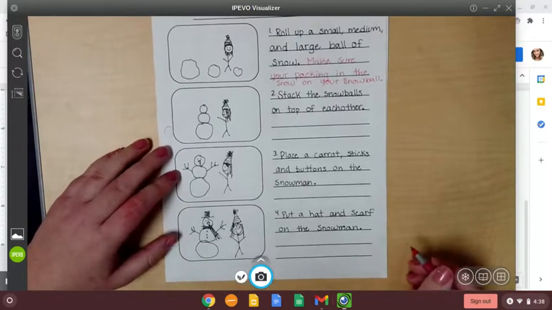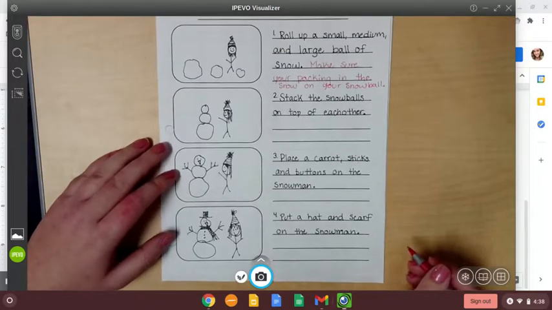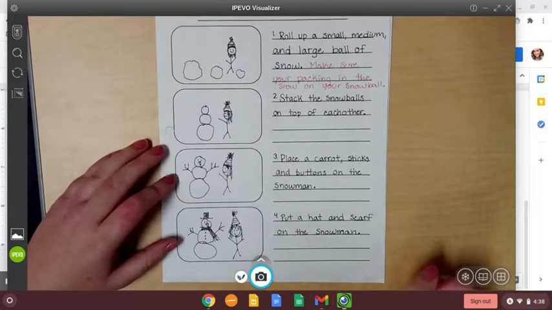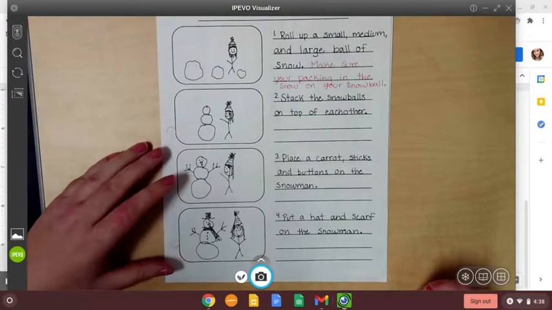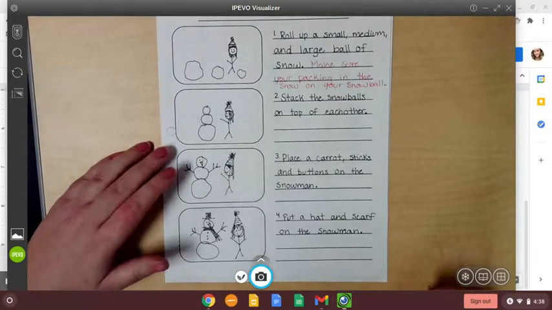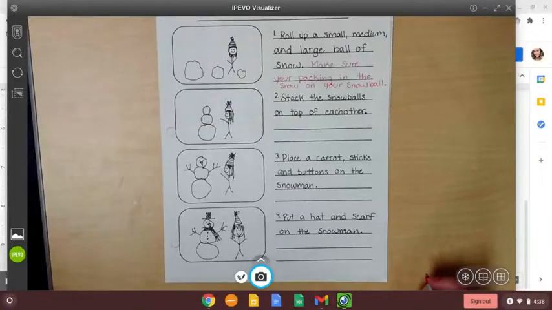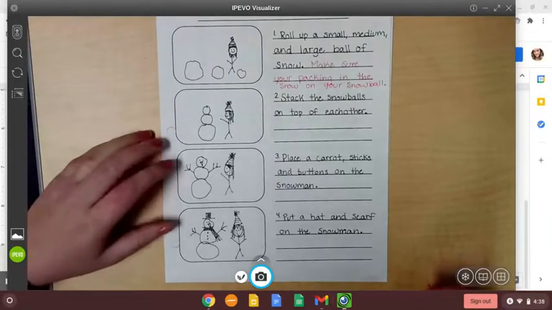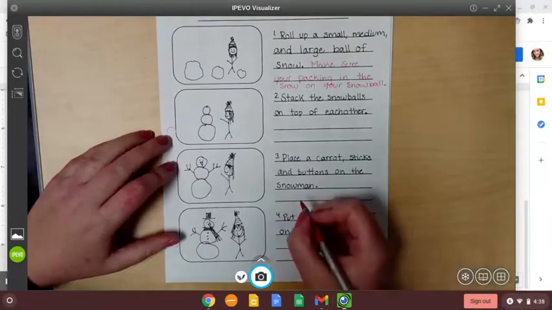Because if we didn't put that step, we might have someone new to making a snowman place their middle snowball on the bottom, their smallest snowball in the middle, and their biggest snowball on top, and that'd be kind of a funny looking snowman. So we want to make sure we add that detail in, and we could say,